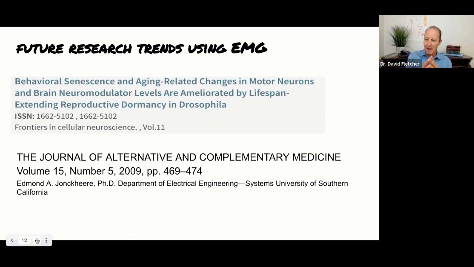And he was focused on, if you can understand this, the impact of the motor, in this case, an anterior motor horn cell. And what they found was that the tone or the functionality of a motor horn cell was directly related to this senescence, about the length and quality of life. And of course, you can't necessarily do these lifetime studies in quick order in humans. That would take many lifetimes.